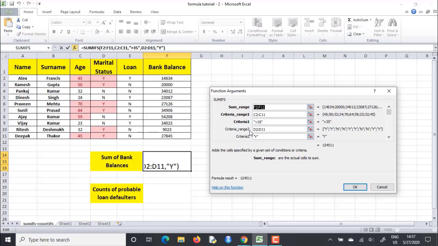It doesn't matter. It will do the logical AND operation, as a computer science or electronics or electrical student would understand. A logical AND means it will check both the conditions irrespective of what the first condition or the second condition says. If both the conditions turn out to be true, then only it will do the sum, otherwise it will leave it as is.